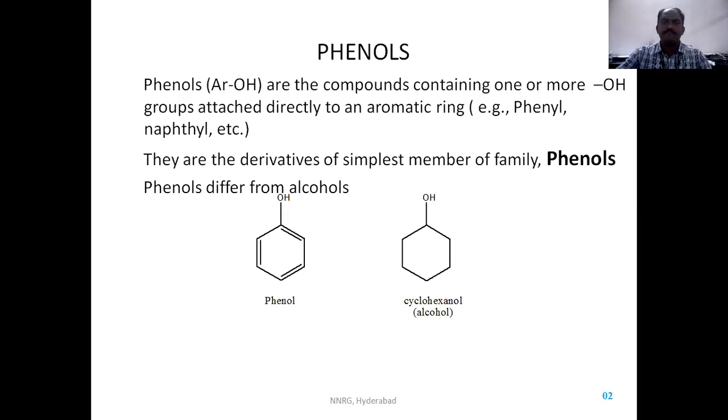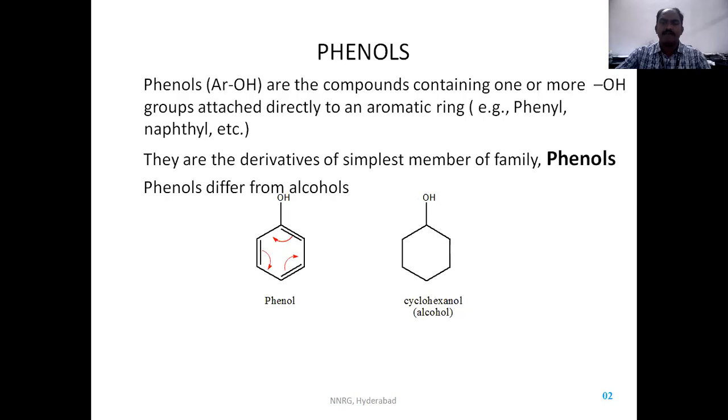Phenols differ from alcohols. What is the difference between phenols and alcohols? Alcohols are compounds which contain a hydroxy group directly attached to an aliphatic chain or cycle. Whereas in phenols, it is an aromatic ring. The hydroxy group is attached directly to the aromatic ring, where there is a delocalization of electrons. Electrons are moving from one carbon to another carbon. There is a delocalization in the aromatic ring. So hydroxy groups are attached to the aromatic ring, whereas in alcohols, the hydroxy group is attached to an aliphatic chain